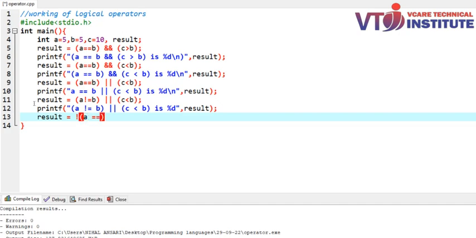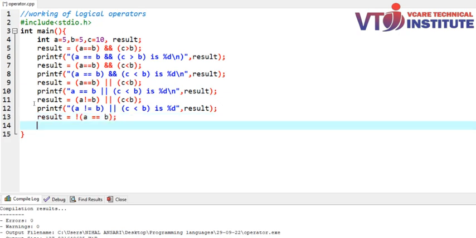A is equals to B, printf A is equals to B is percentage d, new line, and then result